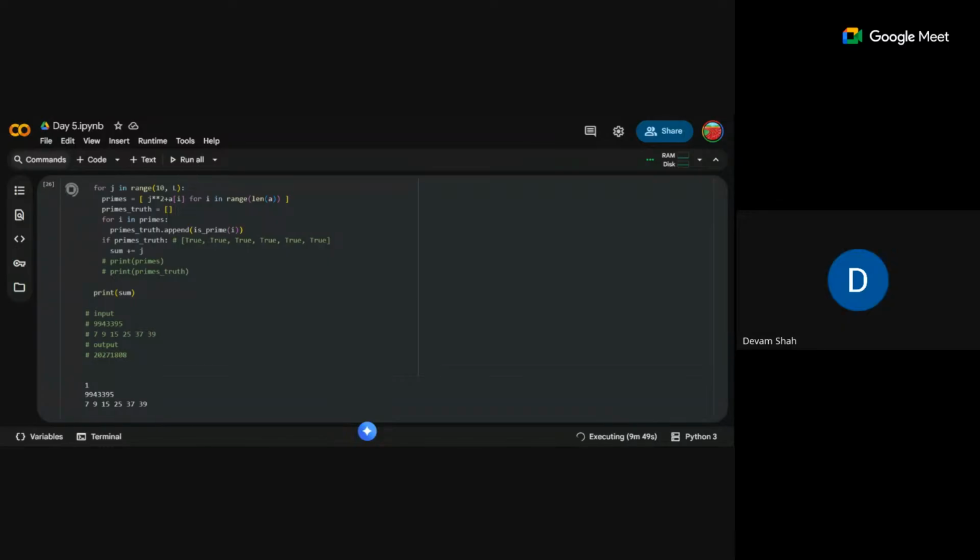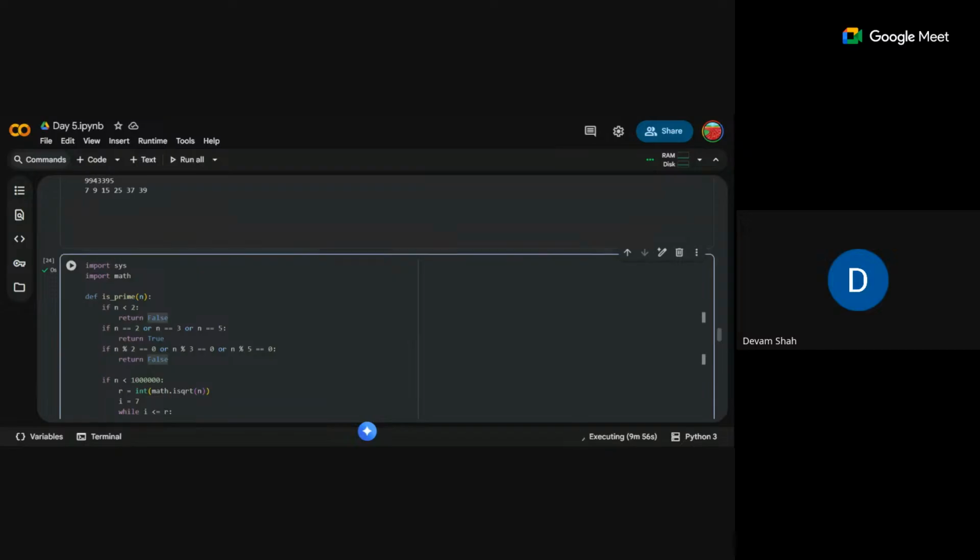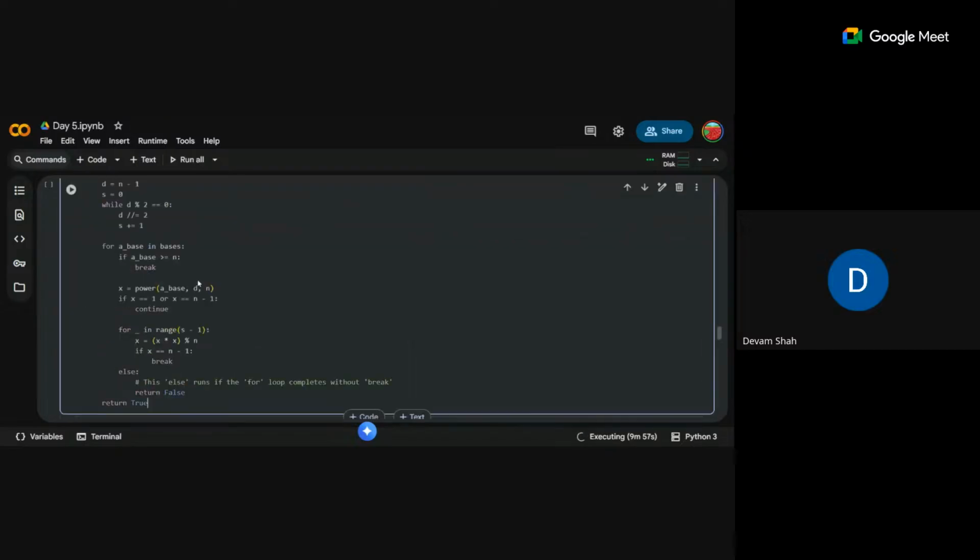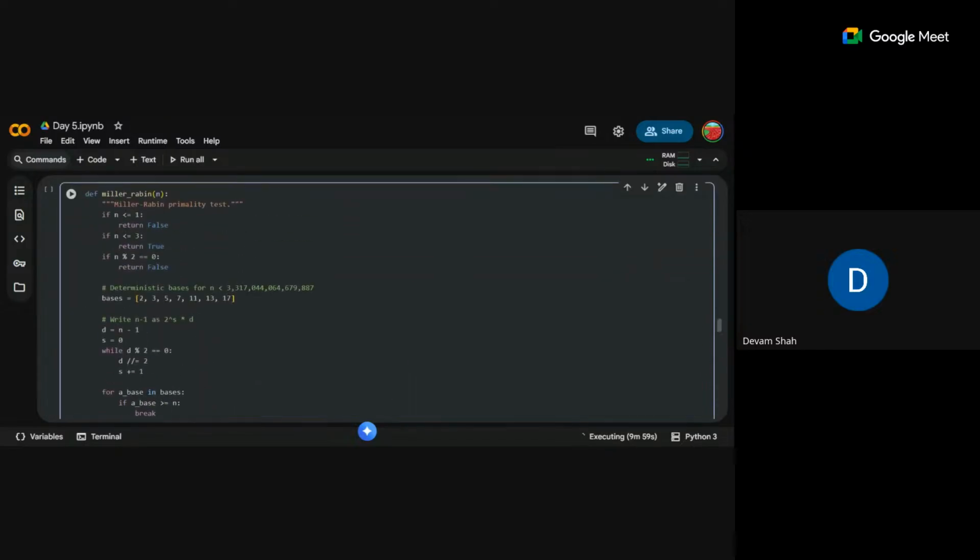Okay, so coming back to Miller Rabin. Here is your Miller Rabin code, and let's try this with a number. Let's say 101, because it's prime, right? So how would you perform this? Your D is equal to 100